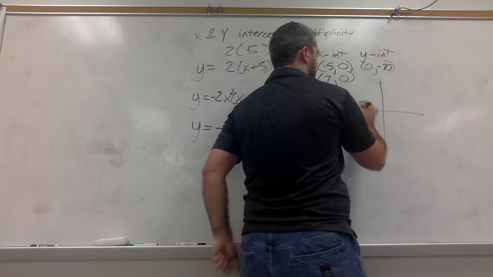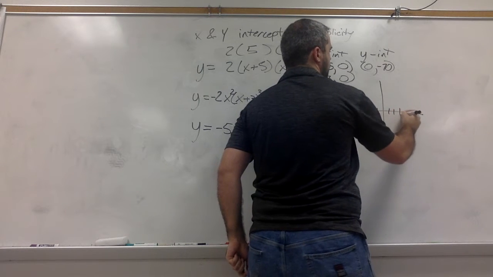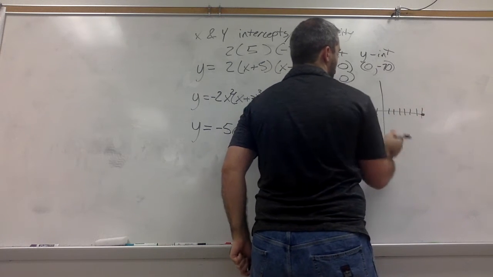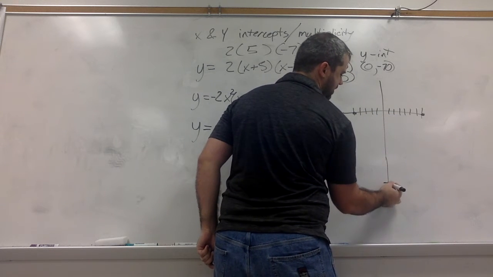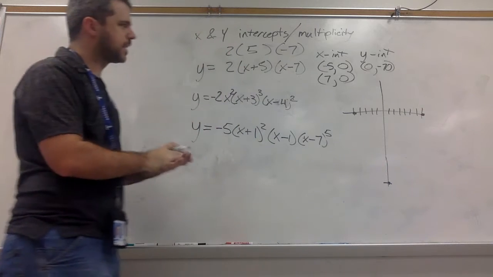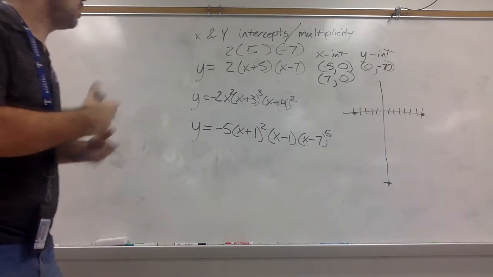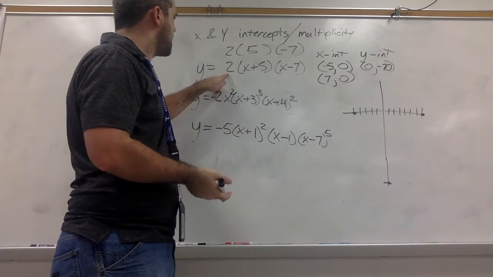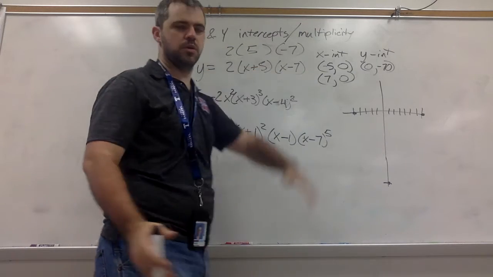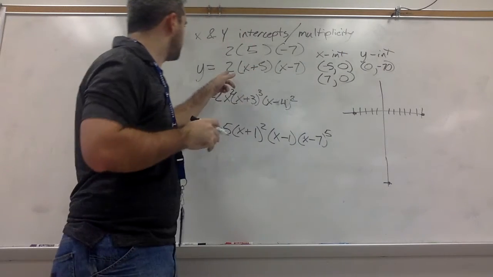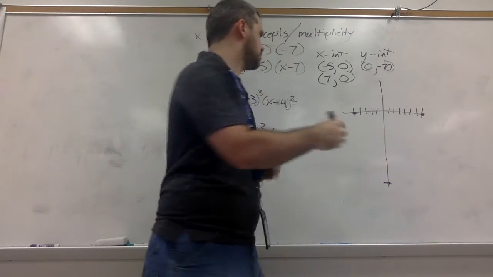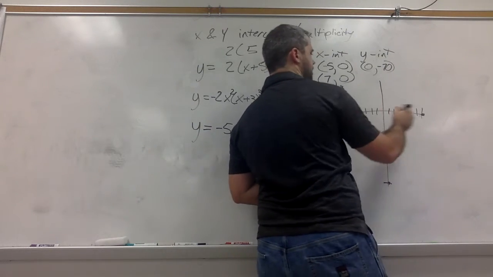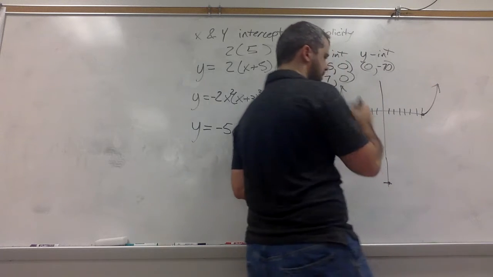1, 2, 3, 4, 5. 1, 2, 3, 4, 5, 6, 7. And really far down here, we've got -70. And well, what's the behavior going to be like? Well, we know this is degree 2, so it's like this. We know it's positive, so it's going to be like this. So we know this is going up this way, this is going up this way,